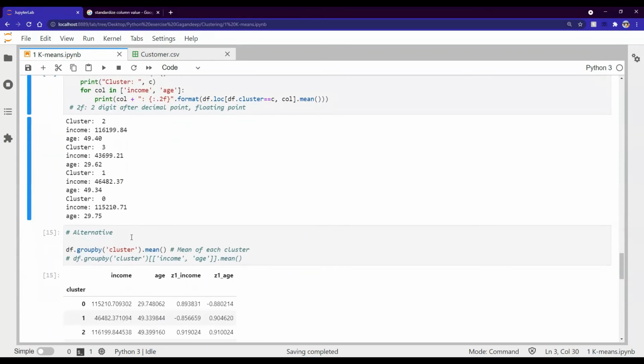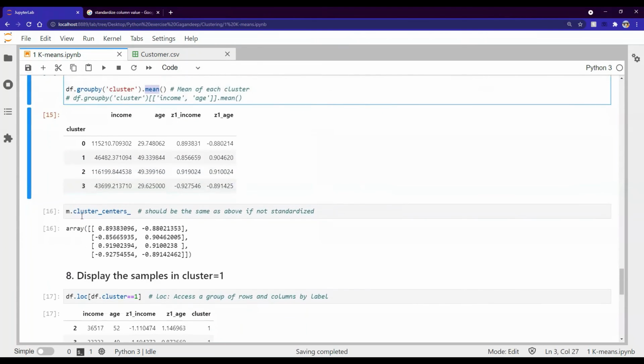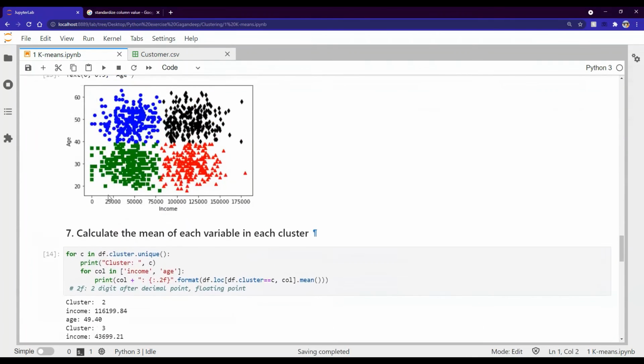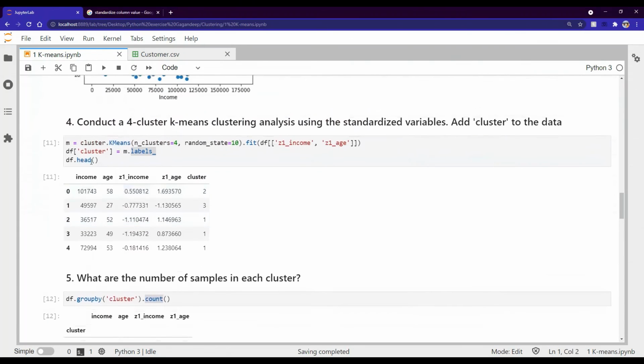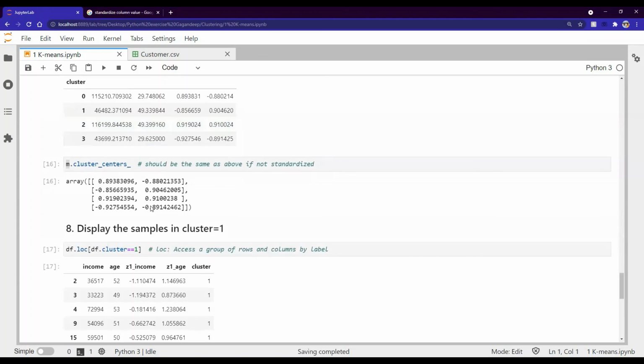Another simple way to do this is to use mean, and as we know, we can group by using the cluster. And since our cluster has only 4 unique values, 0, 1, 2, and 3, we can just group them. Then all the data will be grouped together, and we'll calculate the mean for each unique value. And this is another way, which directly comes from our k-means cluster model, which has been created right here. This also gives us access to our mean values, which is right here.